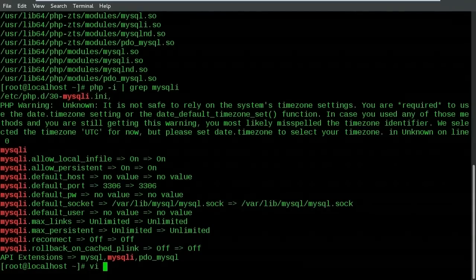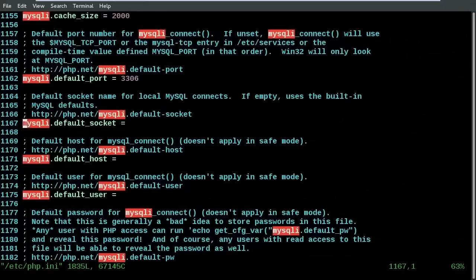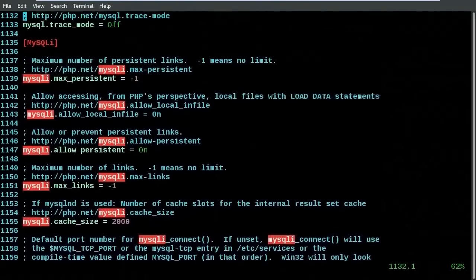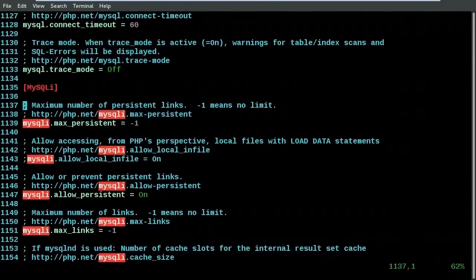So you can say vi /etc/php.ini and go to the MySQLi section. Here it says maximum number of persistent links, currently set to -1, which means no limit. You can set some limit, let's say 50 over here. Similarly, other settings are available like allow local infile,